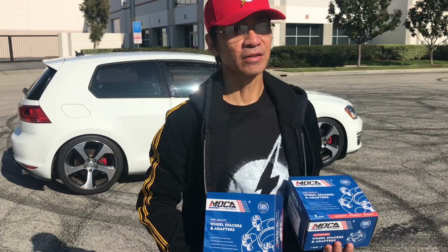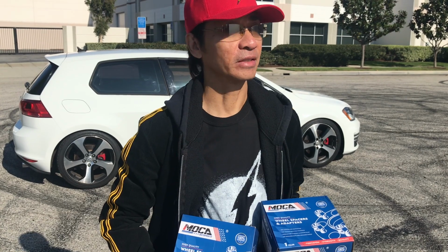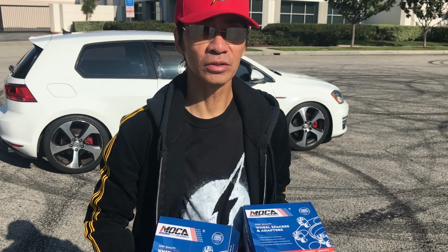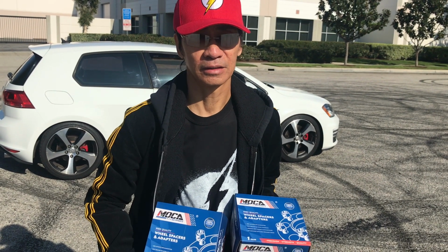Okay, so originally I wanted to put these spacers for the MK7, right? The 15 in the front and 20 in the back. But then I thought about it. I think it would be a safety issue because I don't want my tires or my wheels falling off, right? I think later on I'm just going to replace the wheels if I need to. Yeah, it's going to look better with the spacers, but it's not just about aesthetics. It's safety too. So I think I'm just going to forego putting these